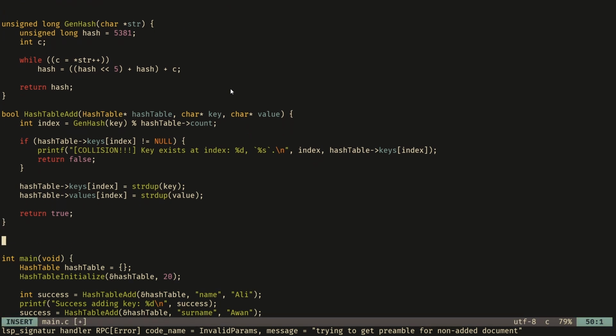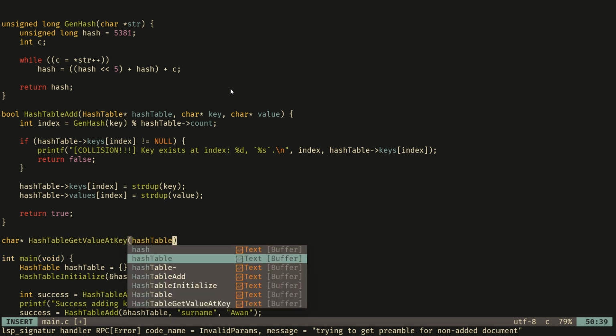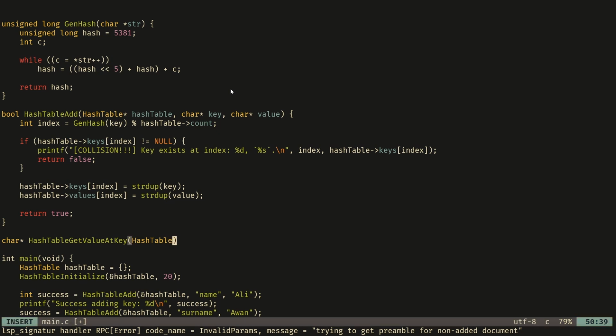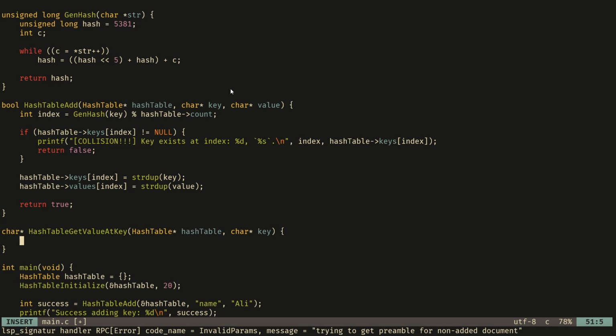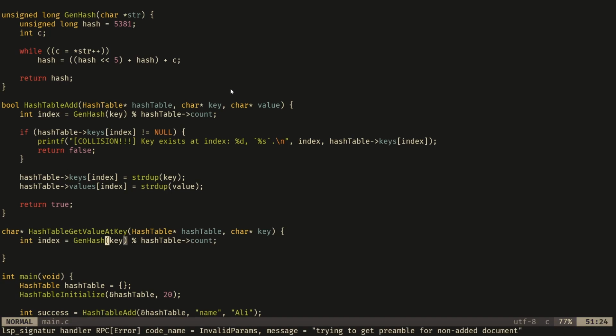The next thing is getting a value associated with a key. We can do that through a char pointer, let's say, return the value, hash table get value at key. Kind of a long name, but it's quite descriptive. We get a hash table in here, we pass in a key that we want to find the value of. So what we do is, once again we just use the hashing function to get an index. So we'll just hash the key and then modulus the number of elements the hash table can have, which is